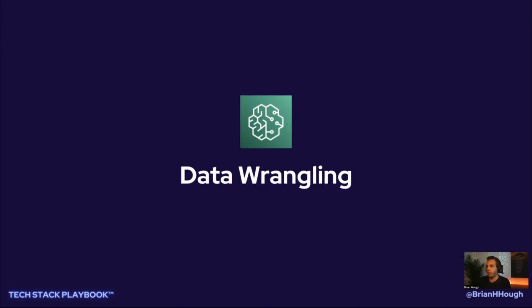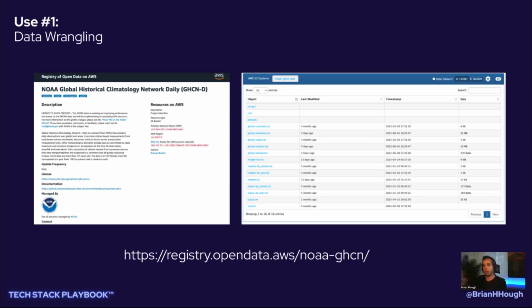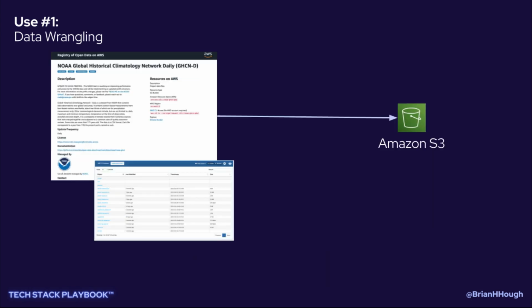So a use case for data wrangling that I went through, and there's a workshop where you can go through these same steps. I will link this with a QR code at the end, so you'll be able to check it out and search for it. Basically, the use case is we're taking a data set from the registry at opendata.aws. They have a whole bunch of data sets. This one had temperatures over many years, and we want to take a temperature data set and do something with it. So we download it, and then we upload it